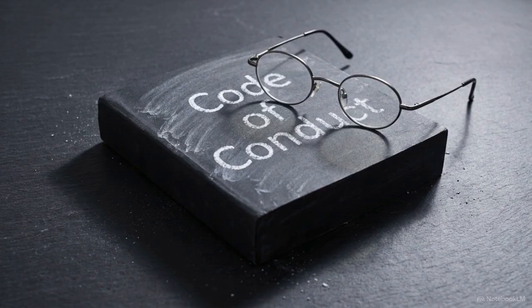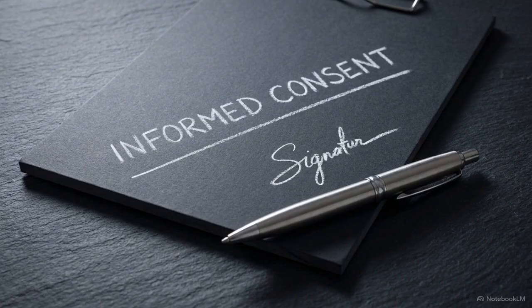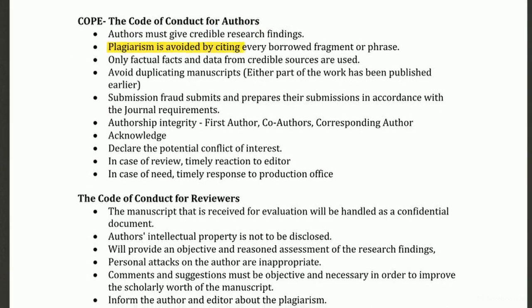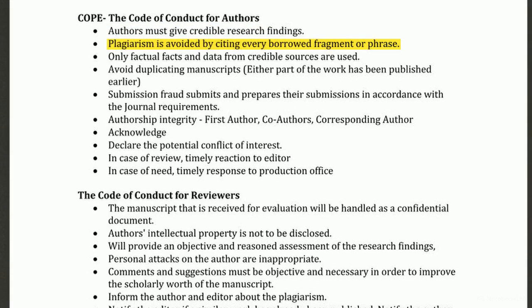Bounding your inquiry is a technical requirement, but it is also tied directly to intellectual integrity. Any rigorous study must strictly adhere to ethical approvals and informed consent when handling test subjects. This document outlines the standards set by the Committee on Publication Ethics, or COPE, which establishes the international baseline for scientific conduct. According to these guidelines, acts like plagiarizing, falsifying results, or failing to declare conflicts of interest are catastrophic